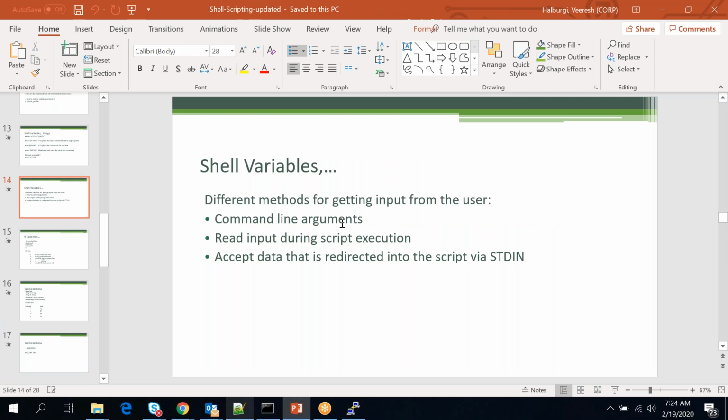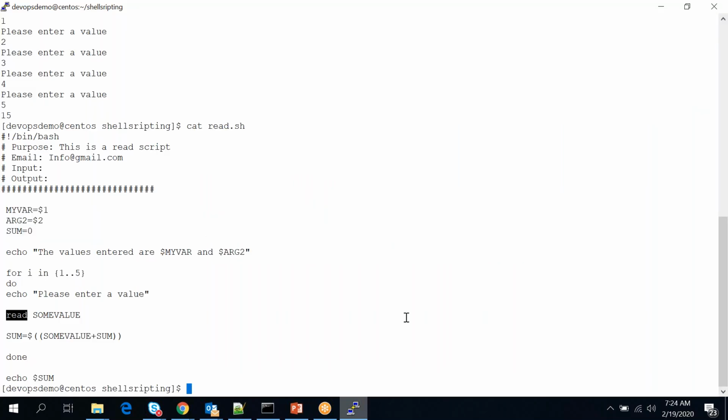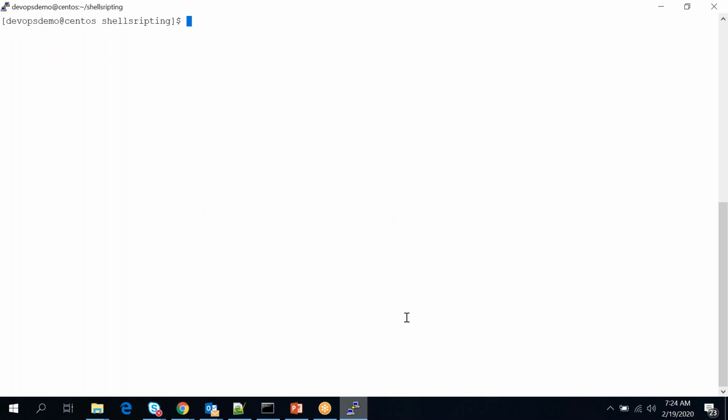So one is the command line wherein you pass the arguments. Second is your reading input during the script execution. And let's look at the third option, that is a standard input. So for that, let's clear this. We will go and create an employee